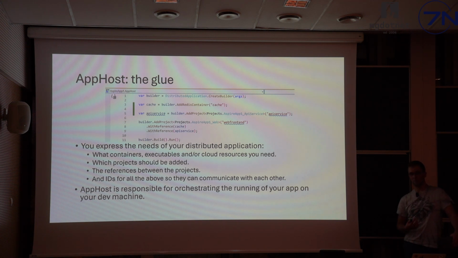Yes, please. If you get a really large number of components, is it planned to be able to run just a closure for a given piece? Just run this piece and everything it needs, like auto discovery? I'm not sure if I understand the question. So if you have a really large system, not everything talks to every other part, and you just want to test one flow, can you run just the components required for that flow?